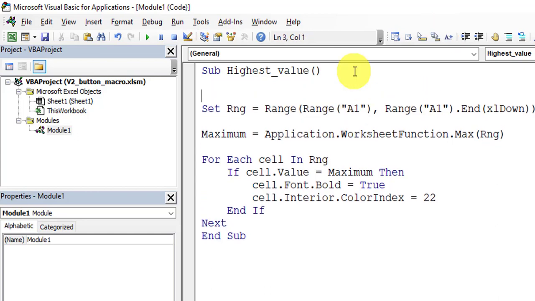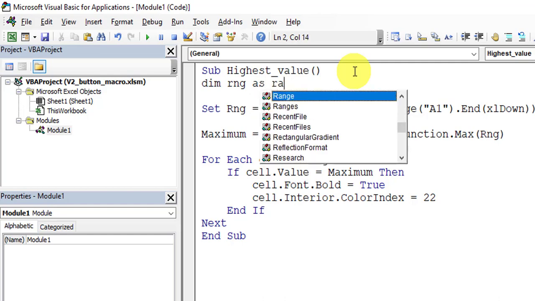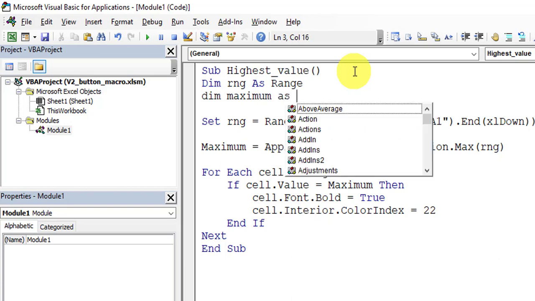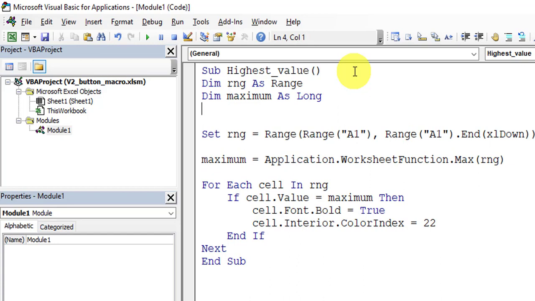Declare all the variables. There is one more thing that needs to be done. Let us do it after verifying the code.